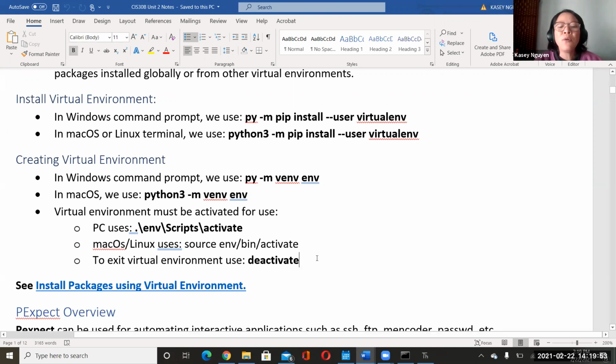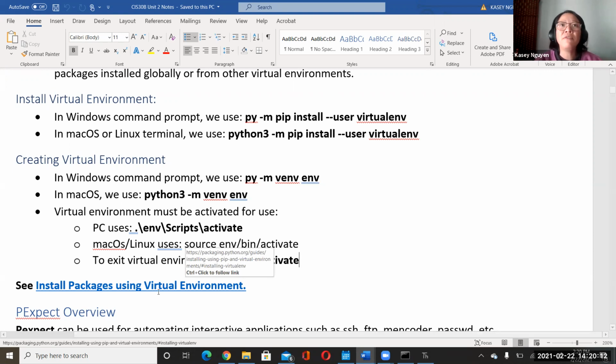Now when I'm done, if I want to exit the environment, I simply issue the command deactivate, and that takes me out of the virtual environment and back to the regular command line. I put a link here for you to look at.